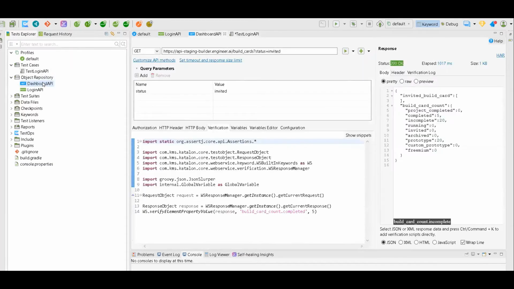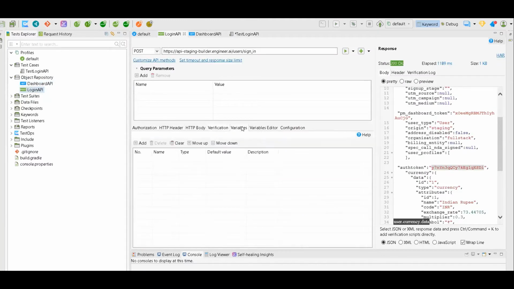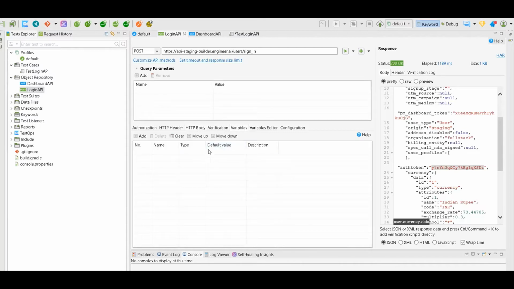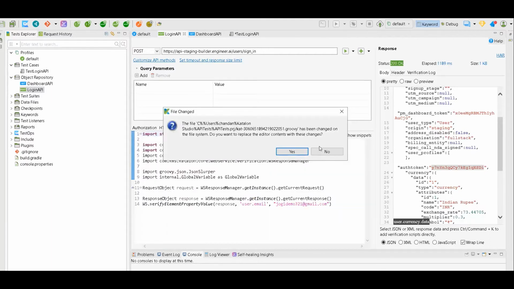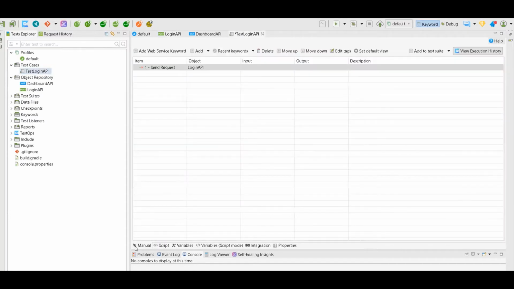And if you go back to the login API, I talked about these three. There is one other tab, variables. If you see here in HTTP body, this is hard coded, right? So if you want to parameterize it, you use variables. And the variable editor will automatically generate it when you add variables. Configuration is just like adding follow redirects, etc. So similarly, when you see this test case, you see all these things.